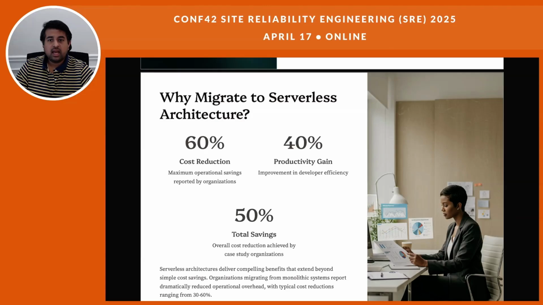Increased agility and flexibility. Serverless enables rapid prototyping and experimentation, facilitating agile development practices. Organizations find that they are able to test and deploy new ideas 30% faster. Environmental sustainability. Pay-per-use models reduce wasted resources, contributing to more sustainable computing practices. One study estimated a potential 10 to 20% decrease in energy consumption for certain workloads when migrated